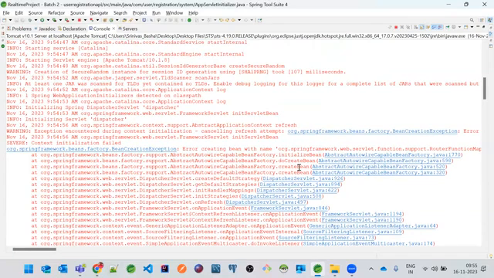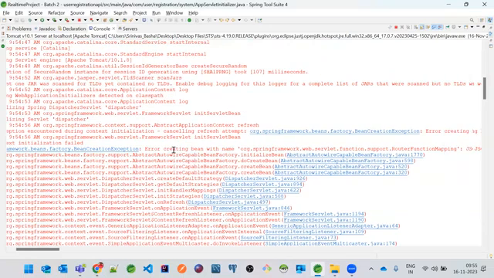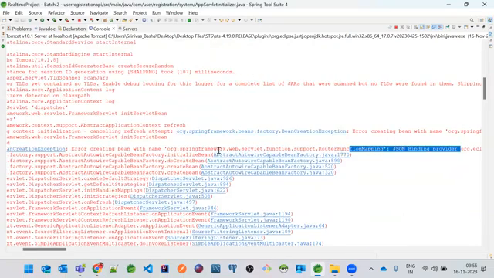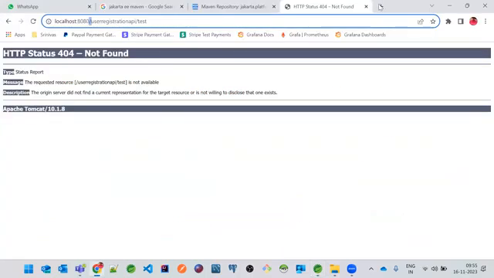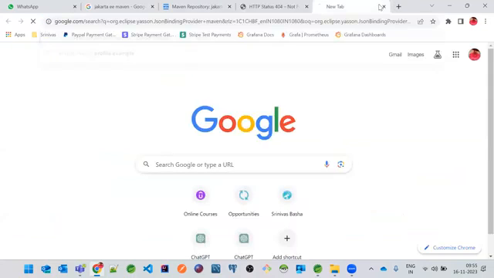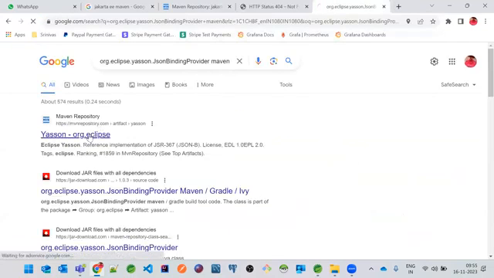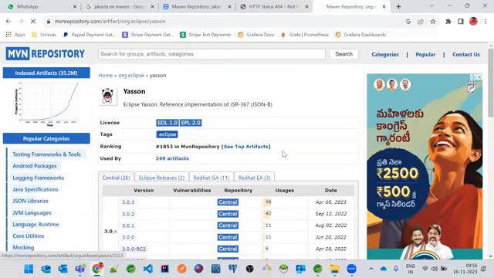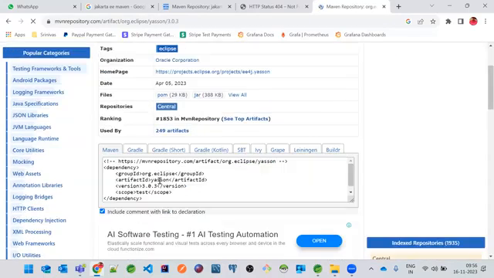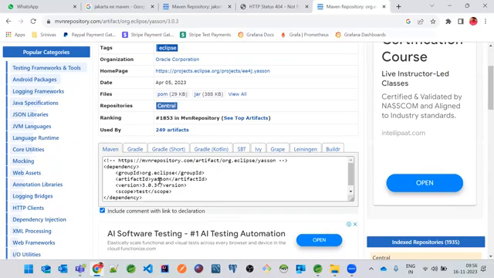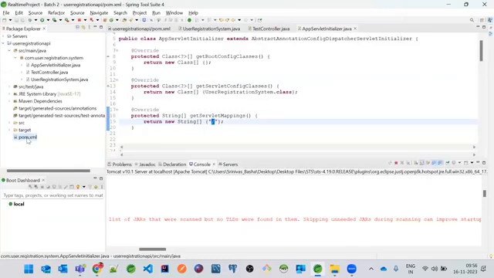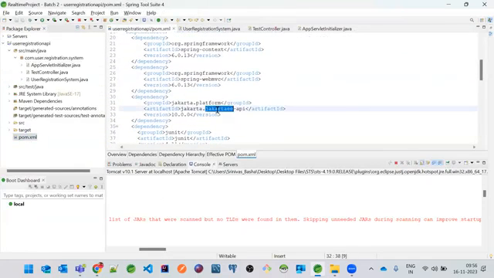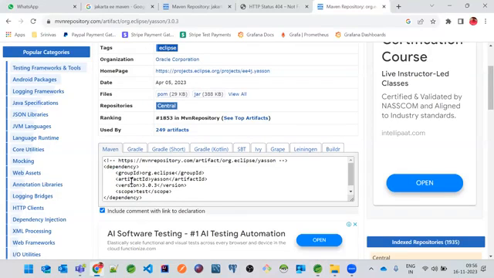I will tell you what used to happen in previous days. Probably if you see this, copy this. Previously, the problem was, see here, we'll get the dependency. So people would try adding this. This is not required, first of all. But how do we get these missing classes? If you see over here in the pom.xml, we have the Jakarta API. It has all these dependencies, like this one also. It has this dependency also.